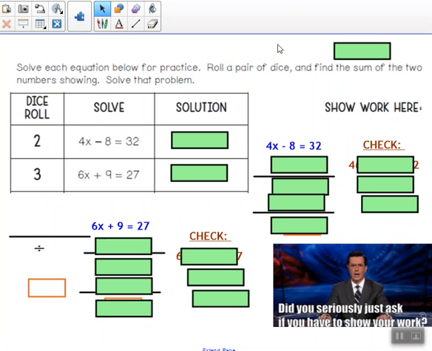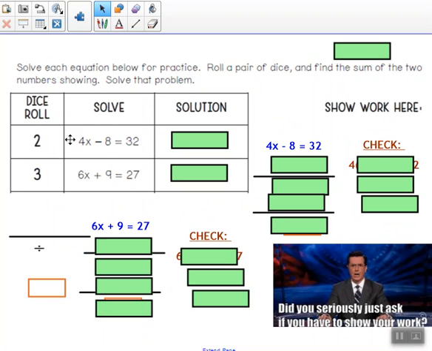Now on the back of that page here, we want to solve these. I know it says to roll a pair of dice and find the sum of the two numbers showing and then solve that problem, but really we're just going to work our way through these, okay, because we'd solve them all in the end anyways. All right, so if I look at number 2 and 3,